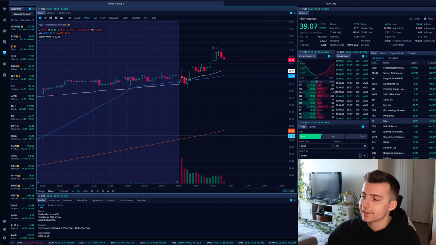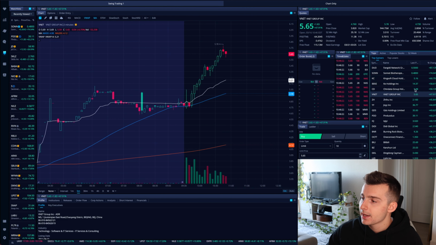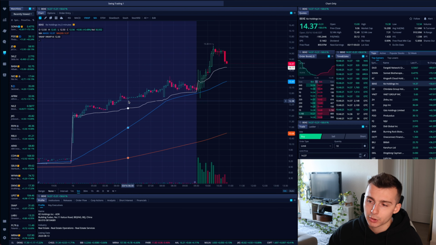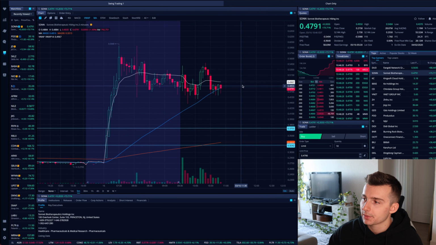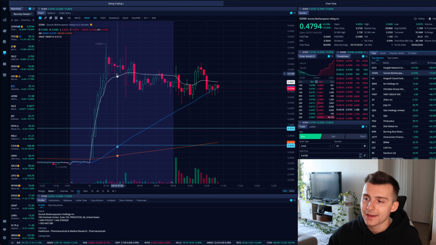And if we take a look on the right-hand side, I can actually pull up a couple different stocks, and we can see how they're handling VWAP. So today, if we take a look at a couple of these names, a lot of them are very, very similar. The market's up a good bit today, so they're all kind of following a similar pattern. And here's one right now, actually, with SONN. Yes, it is a penny stock, but it's showing you that